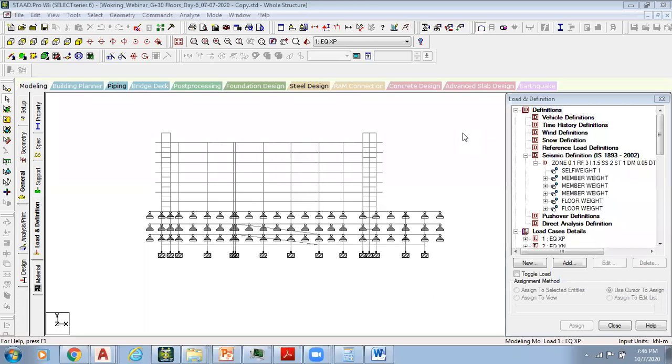Whatever we had discussed is based on the IS 1893 2002 codal provisions. The same codal provision has also been there in the 2016 code book also, right?